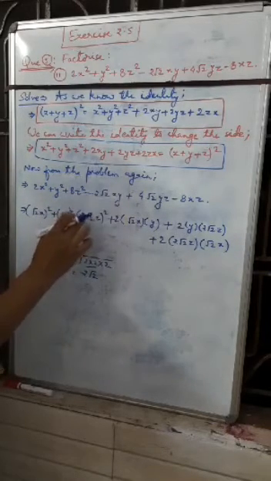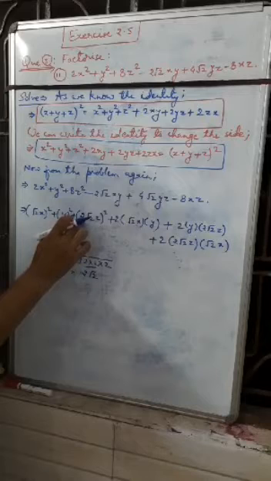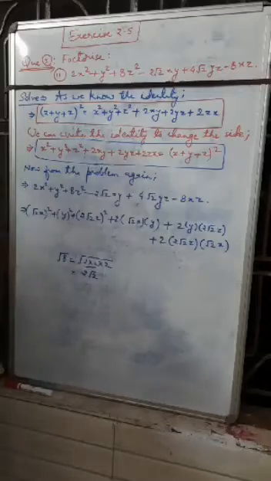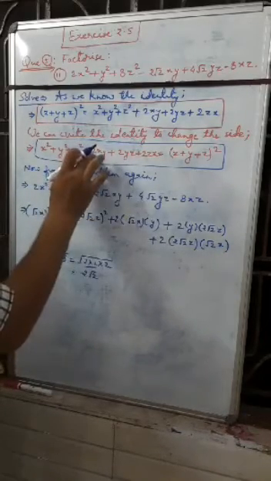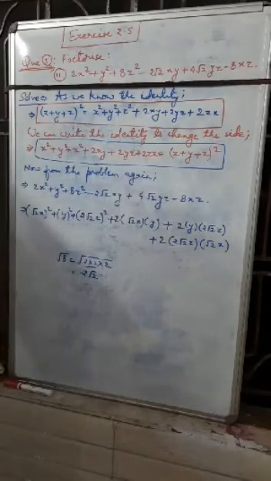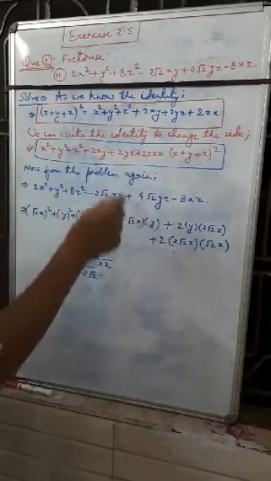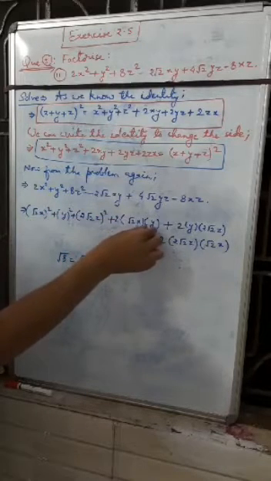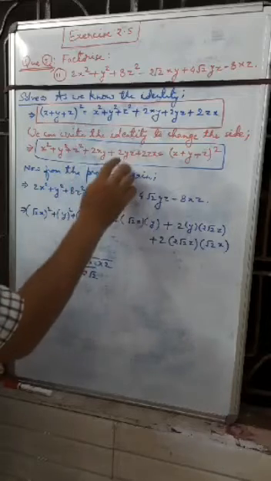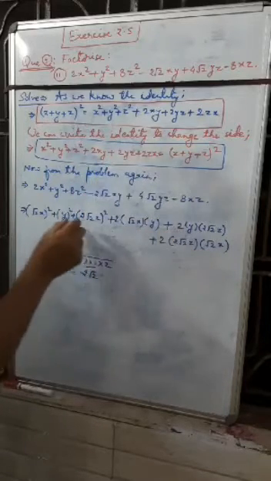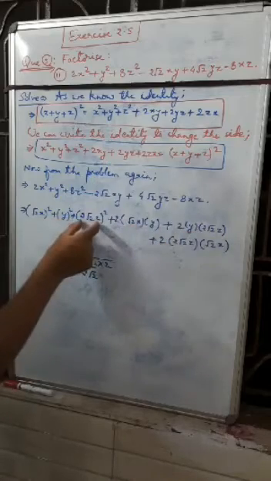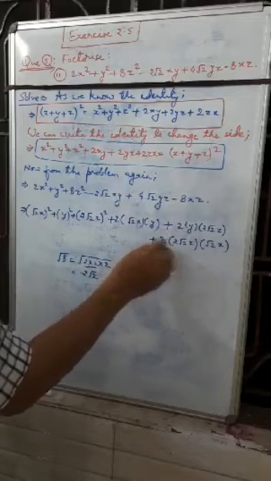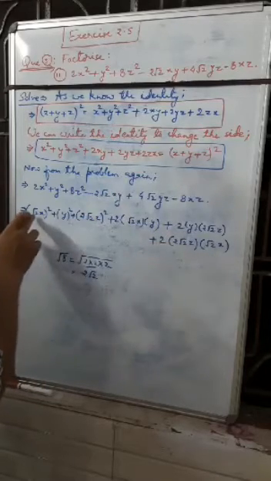When you square 2 root 2 whole square, you will get 2 square is equal to 4, and root 2 square is equal to 2. So 4 2s are 8. Again you will get 8z square. Now plus 2xy, 2 into x into y we are doing here. So 2 into root 2x into y, so 2xy. Then after that 2yz, so write down 2, y is again y, and z, z is equal to 2 root 2 z, you will write here. Then plus 2, z again 2 root 2 z, and x again root 2 x.